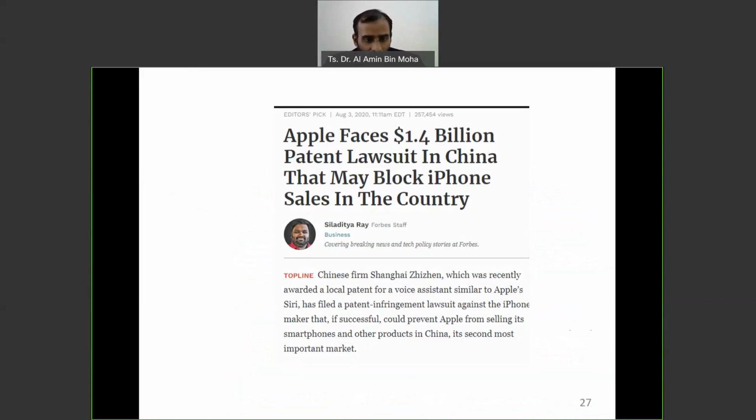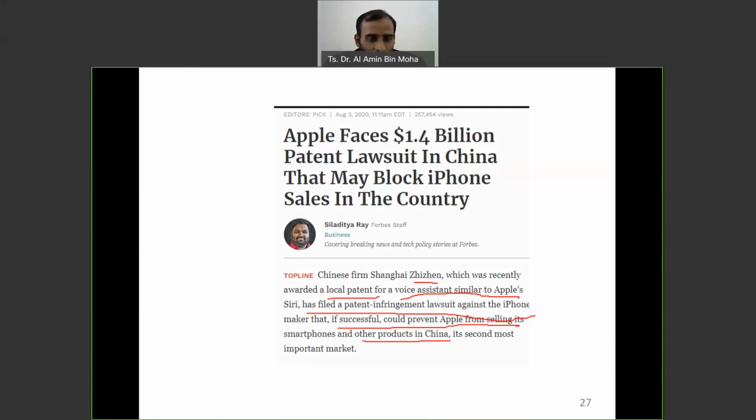Chinese firm Shanghai Zhizhen, which was recently awarded a local patent for a voice assistant similar to Apple's Siri, has filed a patent infringement lawsuit against the iPhone maker that, if successful, could prevent Apple from selling its smartphones and other products in China.